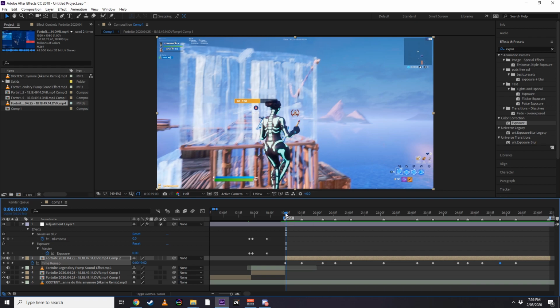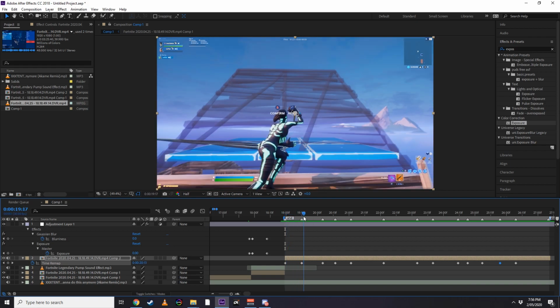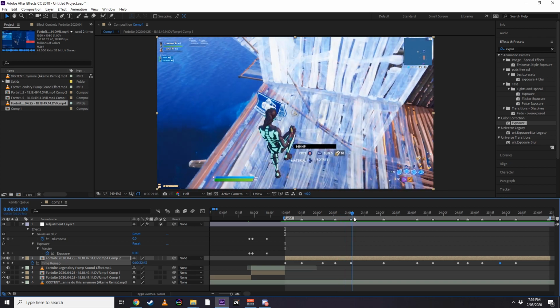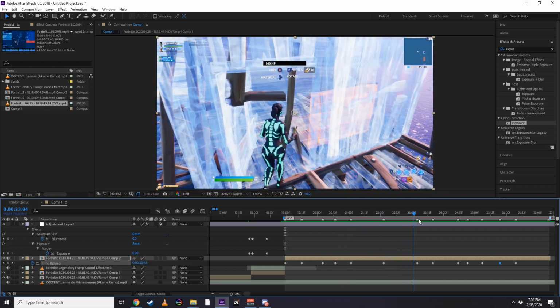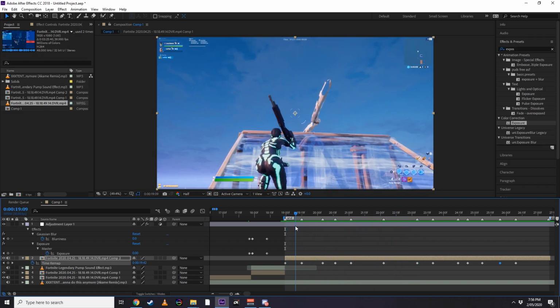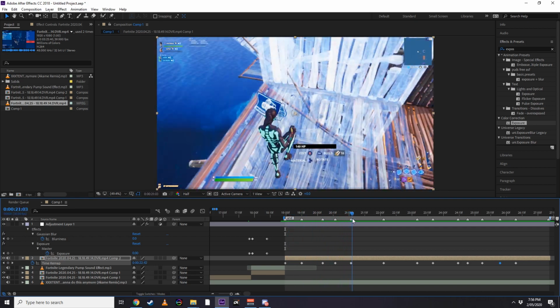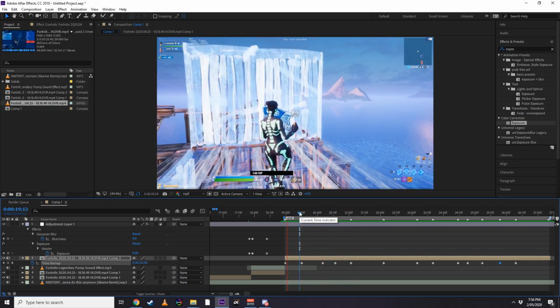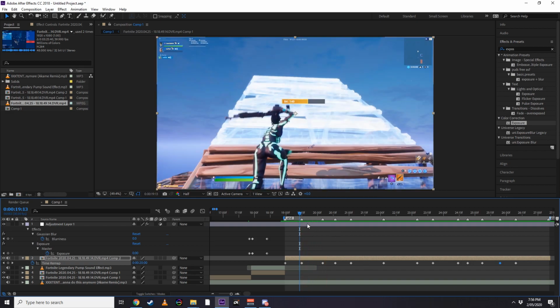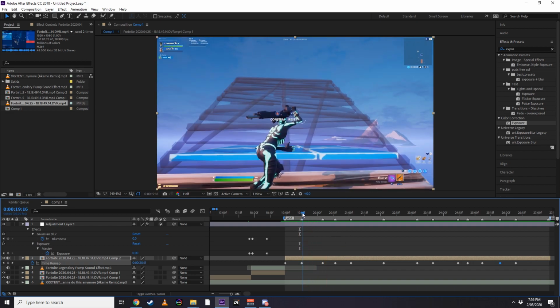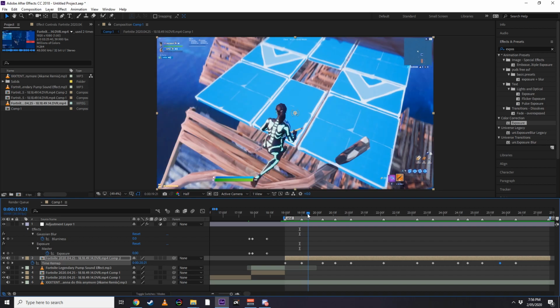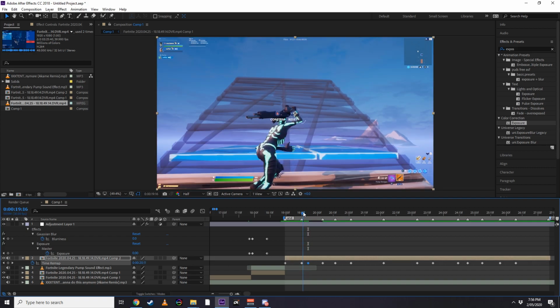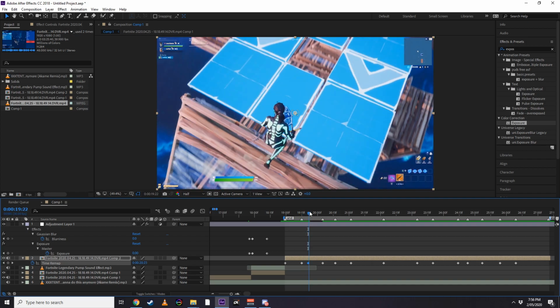Alright, so you can tell by watching that that looks really bad, and some parts are faster than other parts. So we'll start from the beginning first, which will be this section right here. So this part right here, I already can see I can adjust. So what I think would look cool is if I set a keyframe right there, because you can see she grabs the edit here,